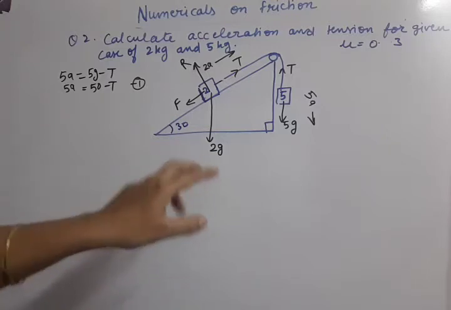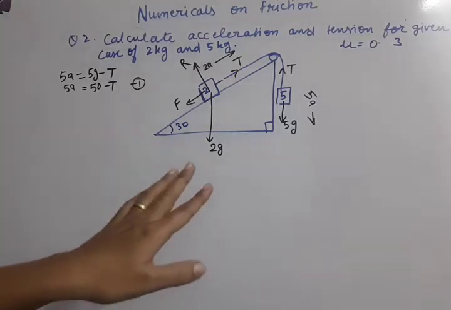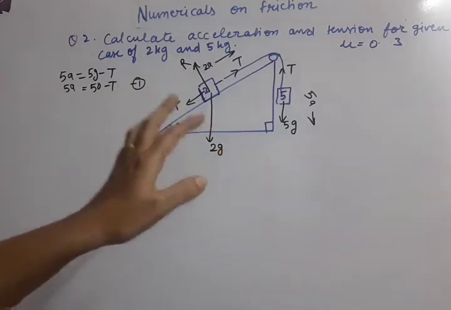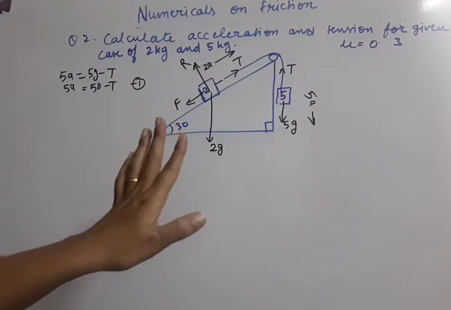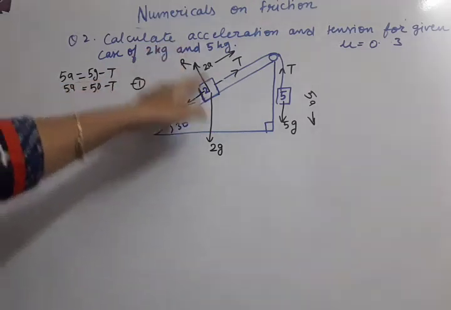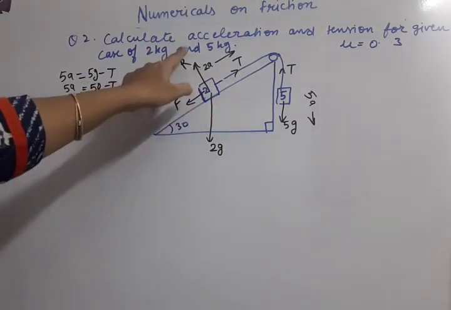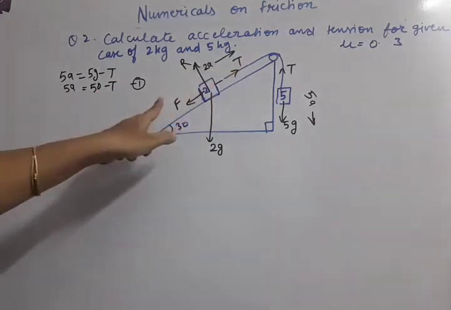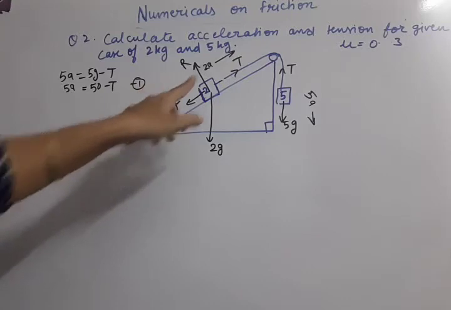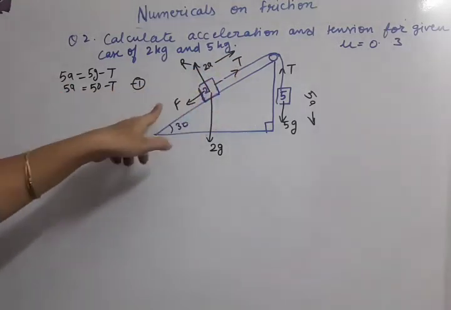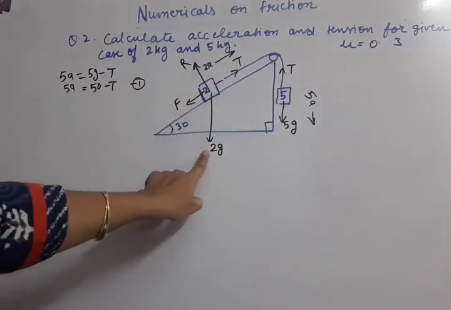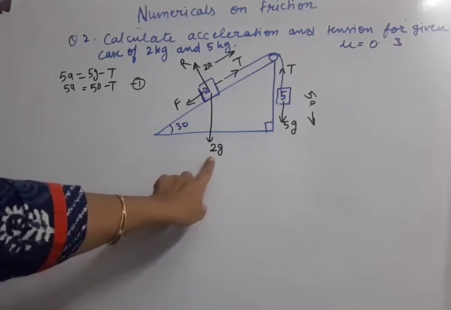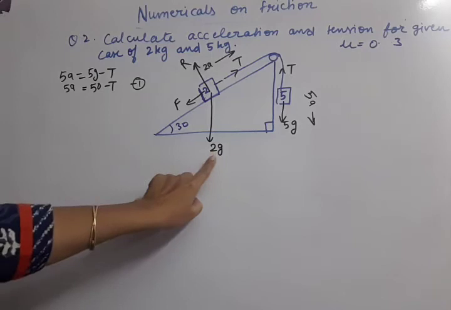Okay, now the forces which are perpendicular to each other, that means in horizontal and vertical direction, should remain as they are without resolving. So R is the force in vertical direction, T and F are the forces in the horizontal direction. Maybe opposite, no problem, but they are in this line. So which force is in between? That is 2G. Whenever any force is in between horizontal and vertical direction, we need to resolve it.